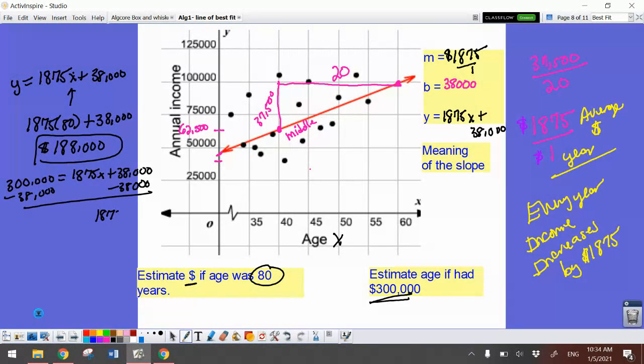And that gives me 1875x equals 300,000 minus, or sorry, minus 38,000 is 262,000. And then dividing by my 1875